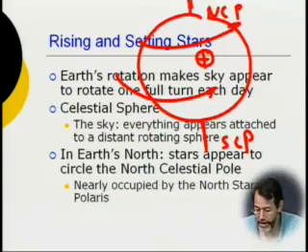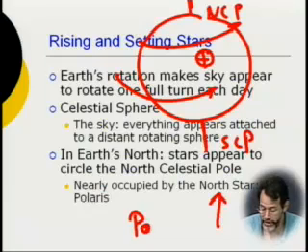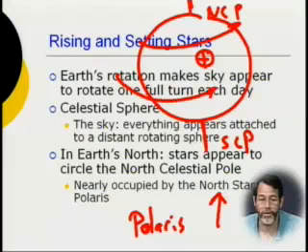So there is a star in the north that is near the north celestial pole, and that is the North Star, known as Polaris. It was not always Polaris, and it is not spelled with an A there. Polaris is not the brightest star in the sky. It's actually not that bright. It's second or third magnitude. But it's notable by it not moving.